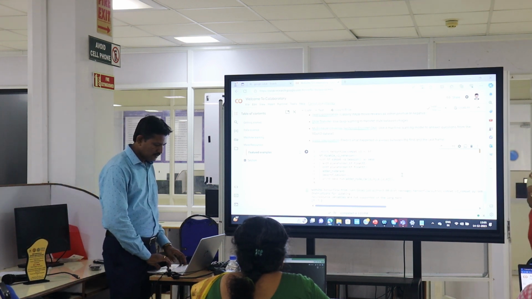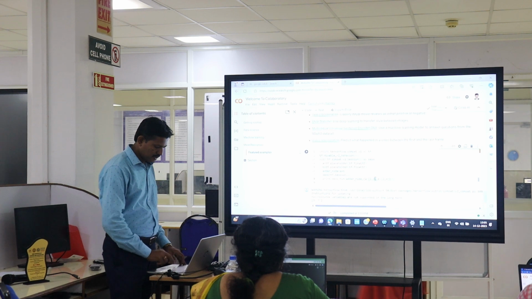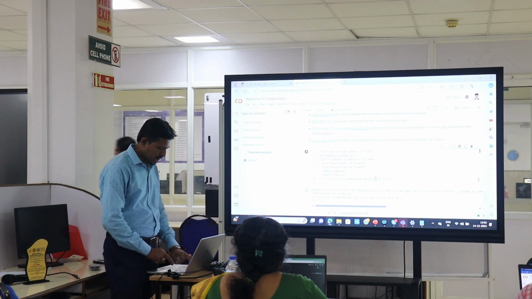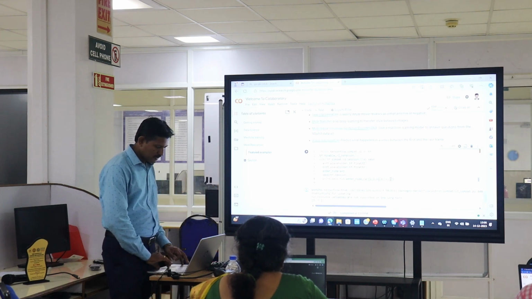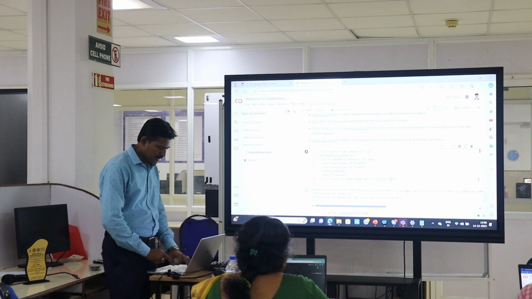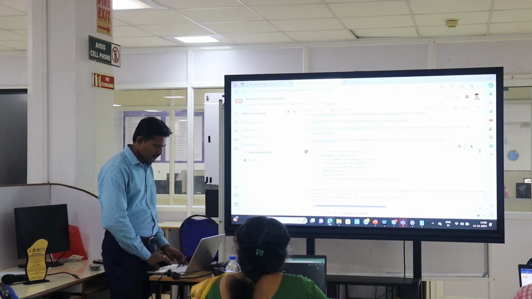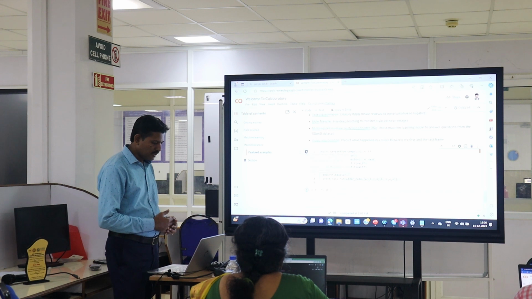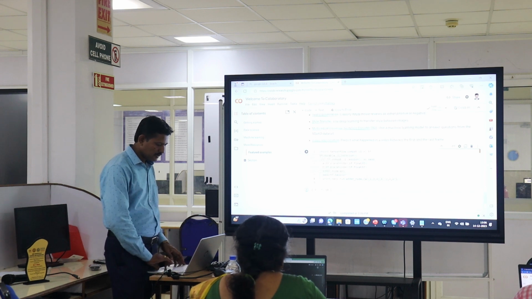If I give more values in the placeholder part, the addition will happen accordingly. You can give any number of values in the array A and you will get the output accordingly.